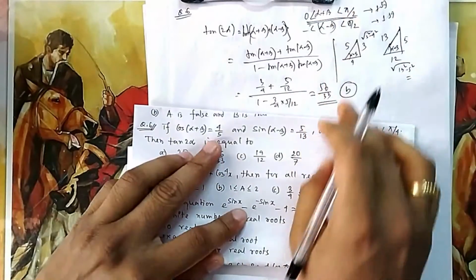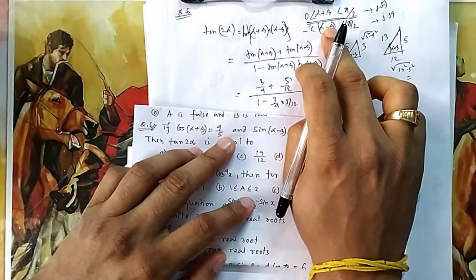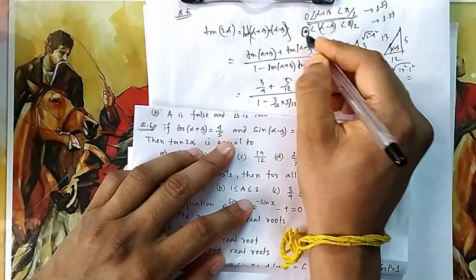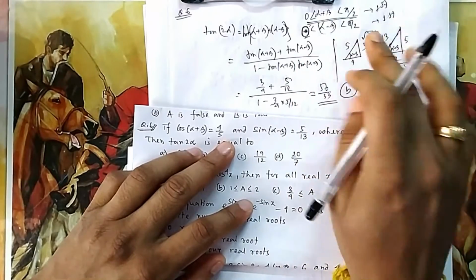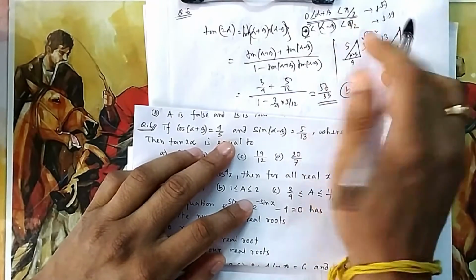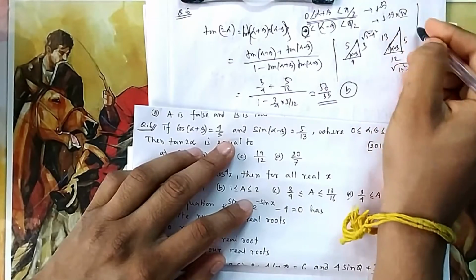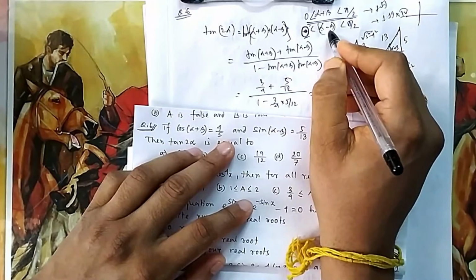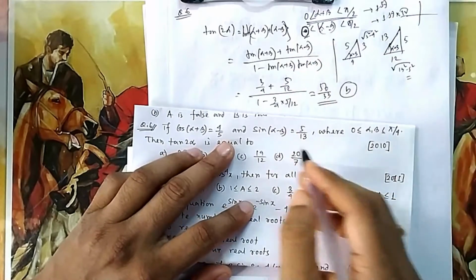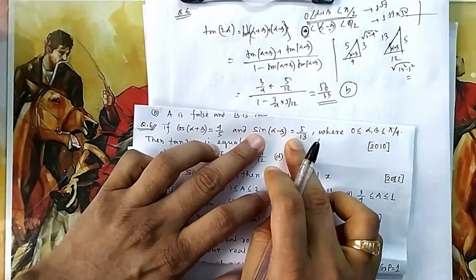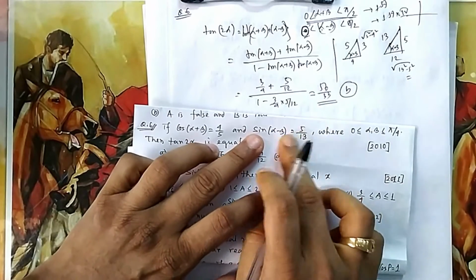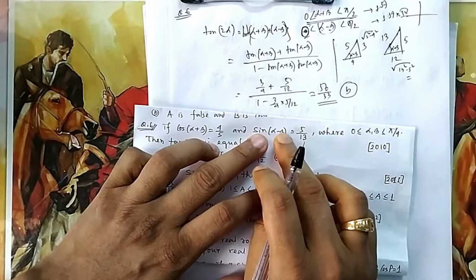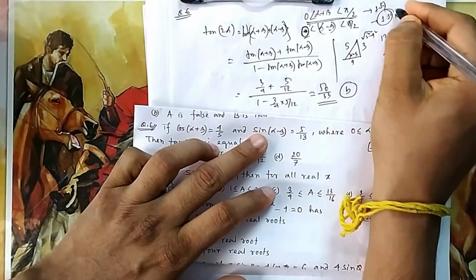It will be less than 90 degrees because it is 45. Alpha minus beta, you cannot say it will be less. It will be from 0, it can go negative also. That's why I have written negative there. It will be less than pi by 4, pi by 2, but it can go to the fourth quadrant also, because if your alpha is 20, suppose beta is 30, so 20 minus 30 is minus 10. But if you see your sin of alpha minus beta, that is positive. So if it is in the fourth quadrant, then sin could not have been positive, because sin is positive. That means this is obviously in the first quadrant.